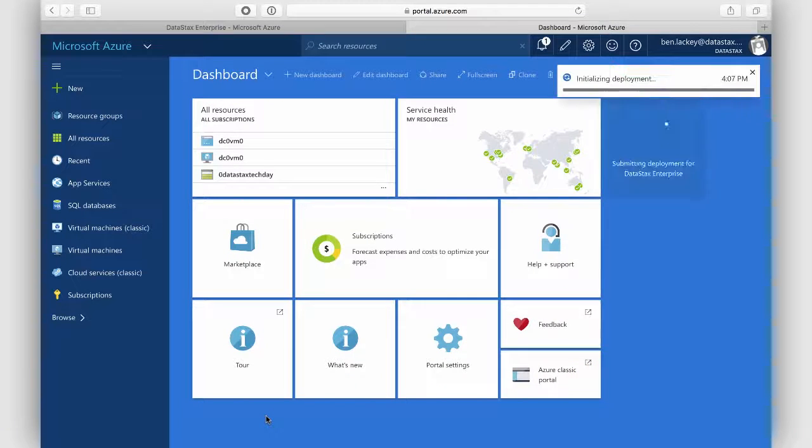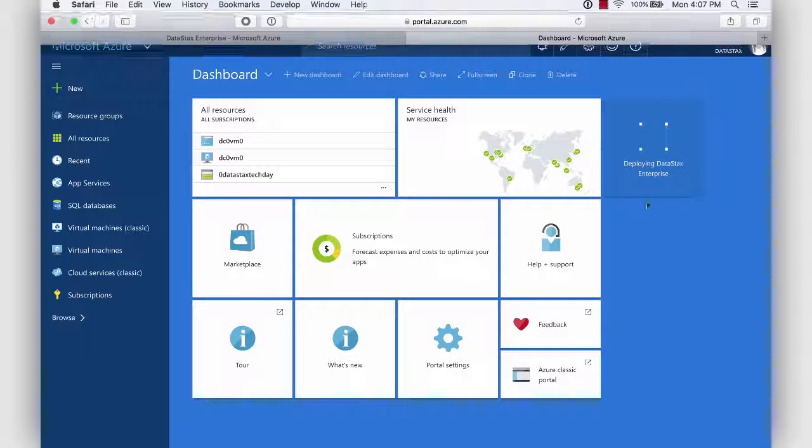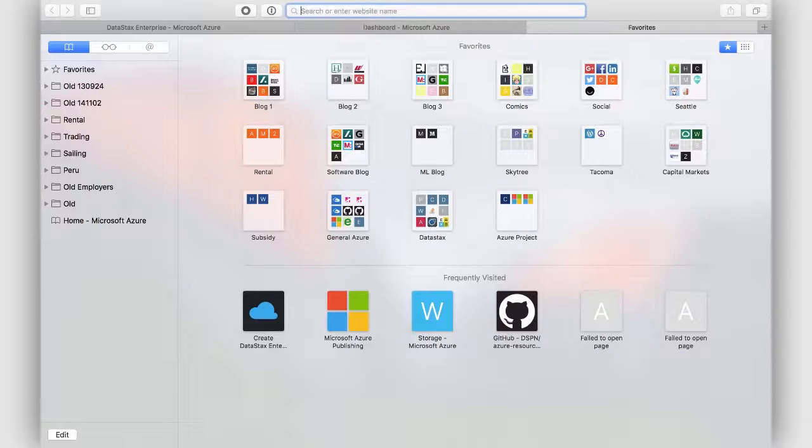So I'm going to hit Create now, and it's going away to build my cluster. And you can see that from the icon there. One neat thing you can do while this is running, we'll just see how long this one takes. It's 4:07 p.m. right now. So I'm going to go over here to